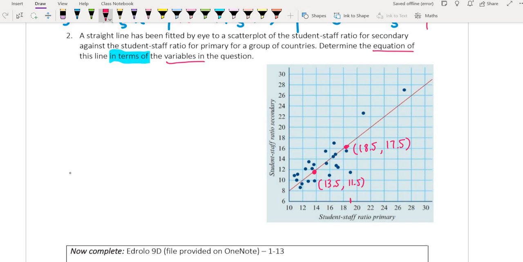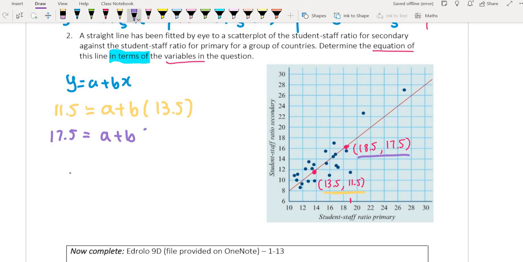Now, once we have these 2 points, we can make up 2 equations. So y equals a plus bx. Equation 1, we will make by substituting these 2 values. So a plus b times 13.5. And the other equation, let's substitute these 2 values. So we have 17.5 equals a plus b times 18.5. Now, when we have 2 equations and we have our 2 unknowns, a and b, and we need those a